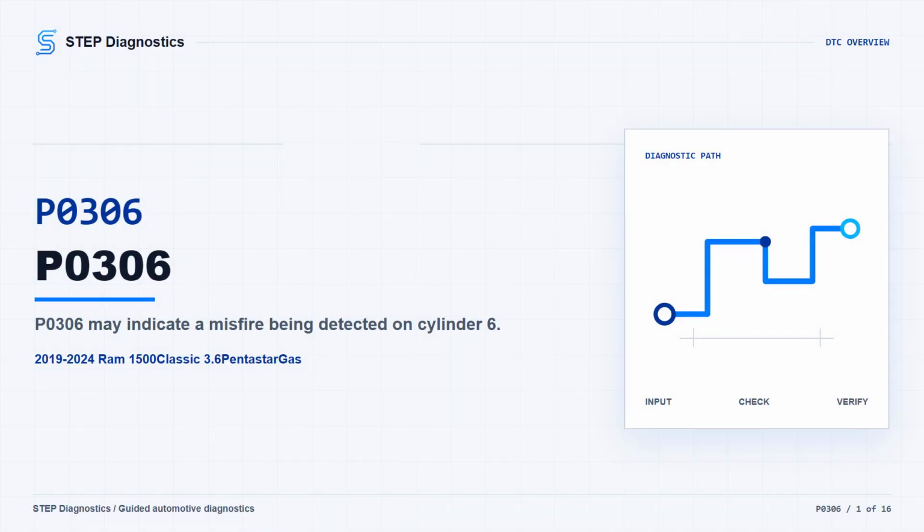P0306 is a cylinder 6 misfire. In plain terms, the PCM is seeing cylinder 6 slow the crankshaft differently than the other cylinders. The driver may notice a rough idle, shake under load, lack of power, or a MIL that may illuminate or